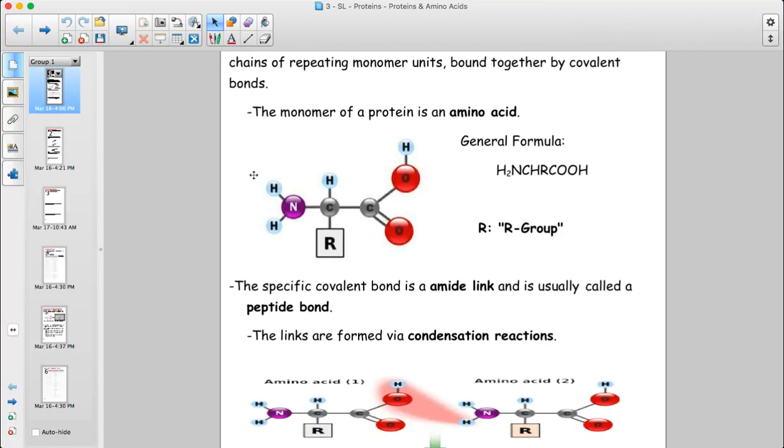It's called an amino acid because it has an amine group and because it has a carboxylic acid group. So the general formula of all amino acids is that it has NH2 attached to carbon with a hydrogen off of it, and then off of that carbon also is a carboxyl group. So every single amino acid has those three pieces in common. And then this square here, this R, or the R group, is what is different between each of the 20 common amino acids. So you could condense it down to here, and we're going to refer to this guy as the R group.